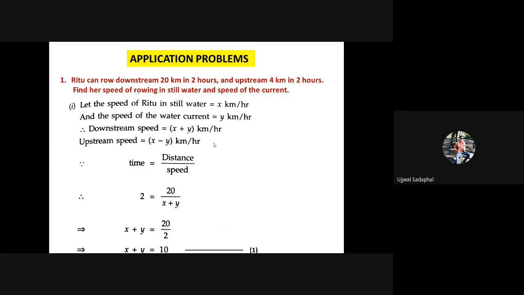Ma'am, it's because we are applying some speed and the water is cutting off our speed. So that's why it is x minus y and not y minus x. What will happen if it is y minus x? It will be like the water is giving us speed and we are cutting off the speed. We are cutting the speed of the water, not that the case.